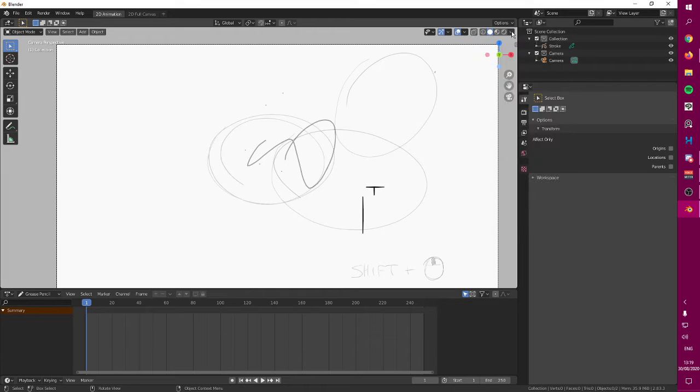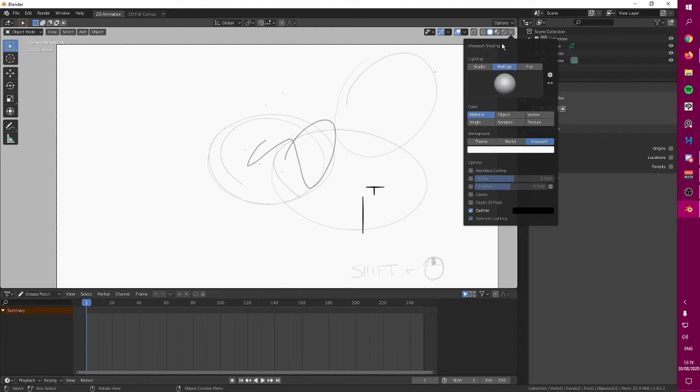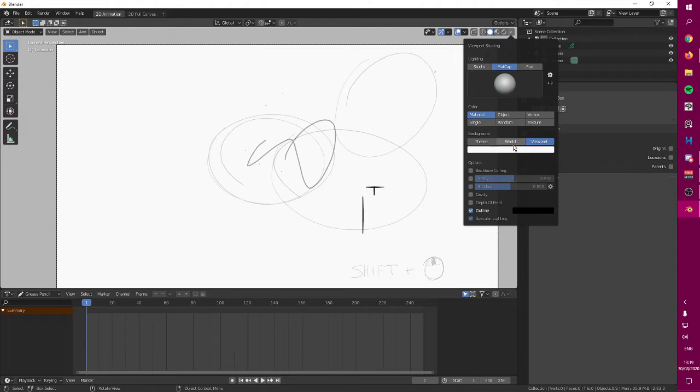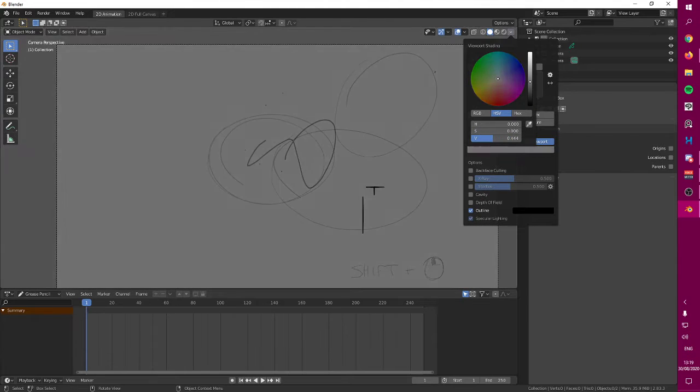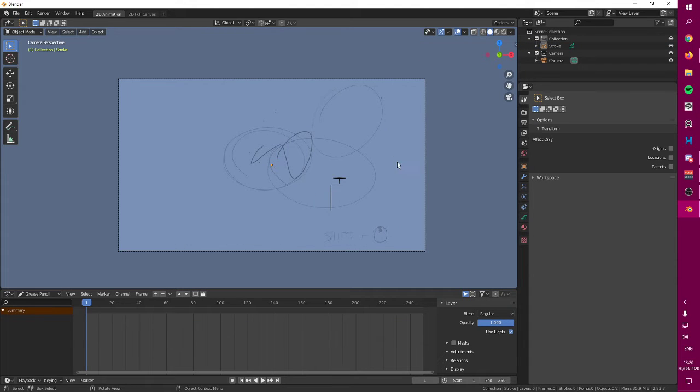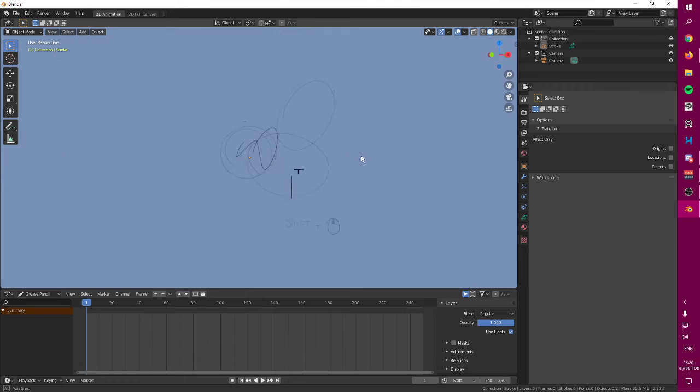In here you can also control, by pressing this button, the color of the background. In order to change the color of the background, just go to viewport in here, make sure this is selected, and change this one. And you can change the color of this background to be whatever you want in this canvas, in this panel. And by the way, it's going to change also in here. Okay.